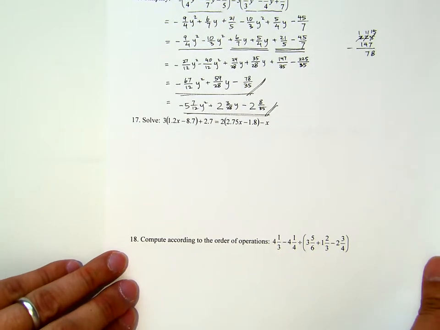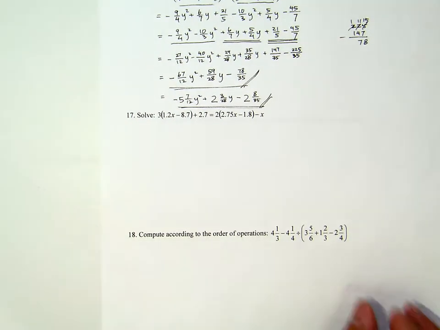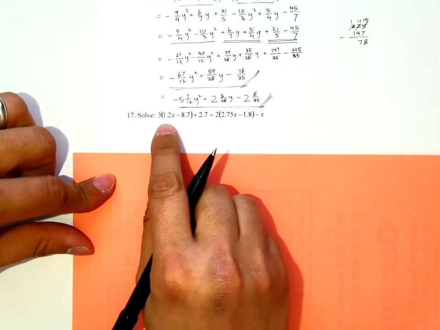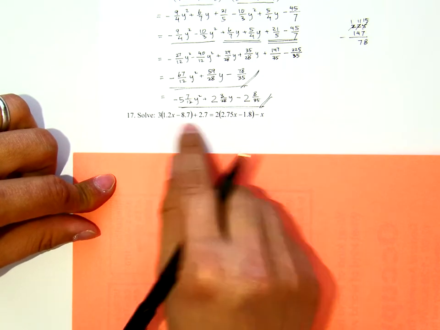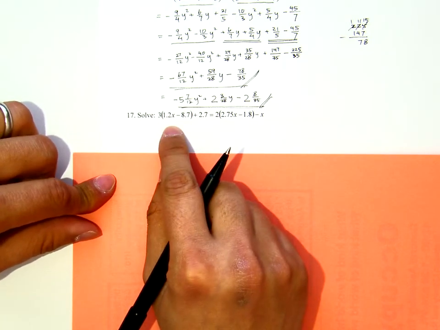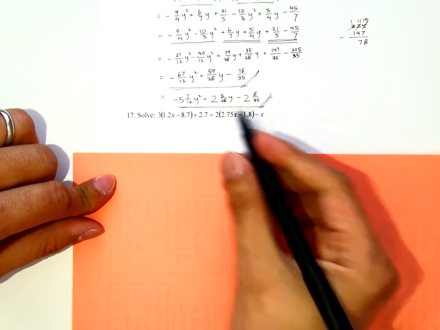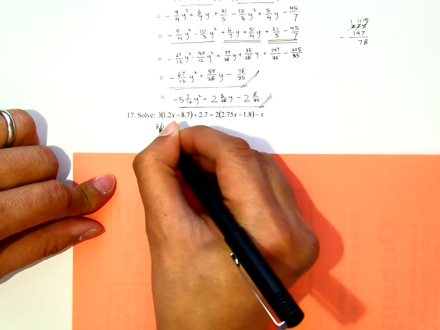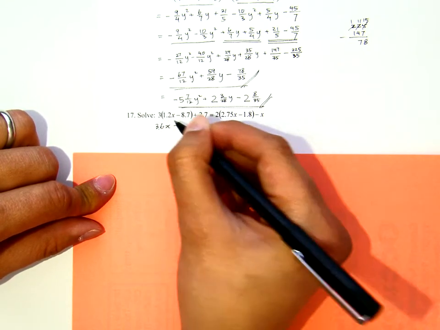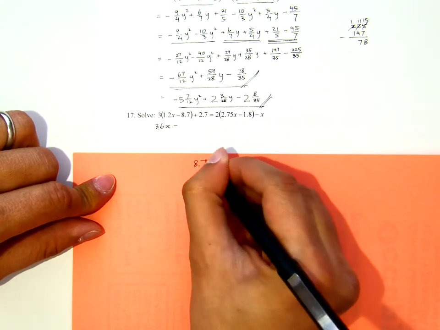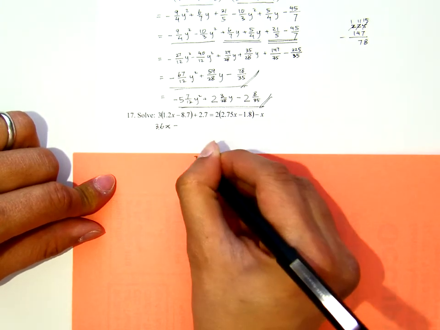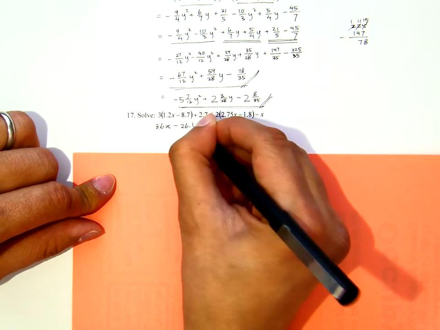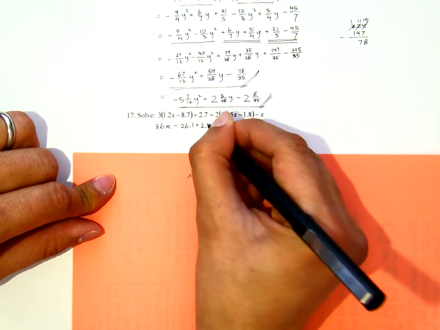Number 17. Now this one you need a lot of scratch paper. I will multiply. You see that I have grouping symbols, and because they are not like terms inside, I will apply the distribution property. Now 3 times 12, that's 36 with 1 decimal place, minus 3 times 8.7, 8.7 times 3, 1 decimal place. So this is 26.1 plus, now the 2.7 here,